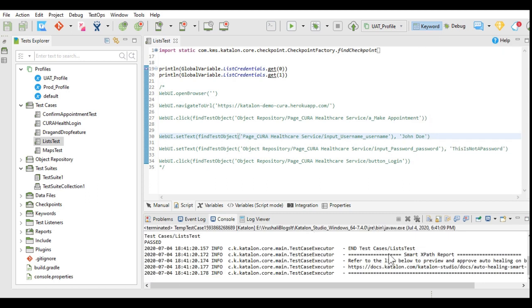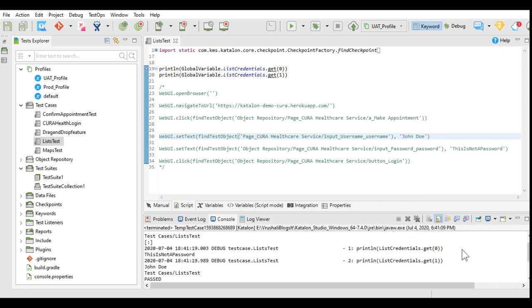In the console we will check: for the 0th index it printed the password, and for the first index it printed the username. What does it mean? It means it takes the last added value as first and the first added value as last. Why did I show you this way?